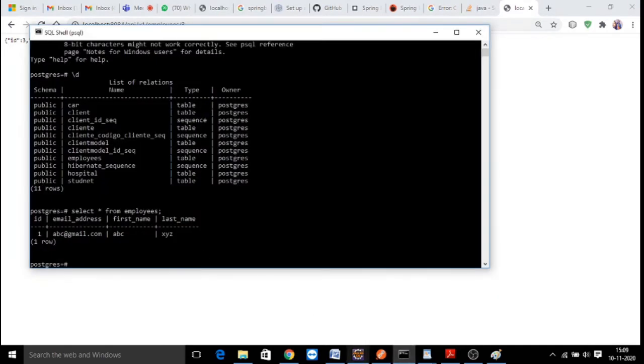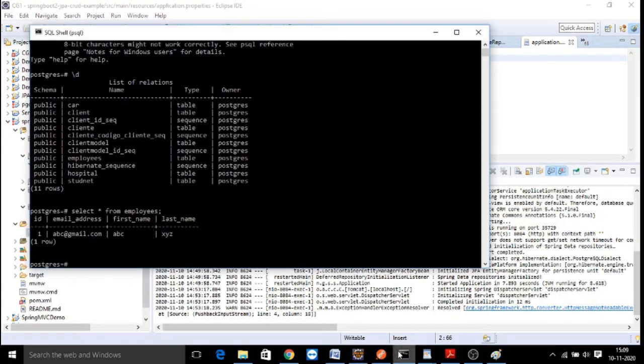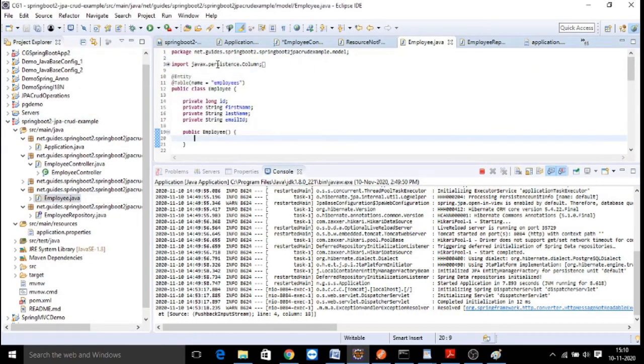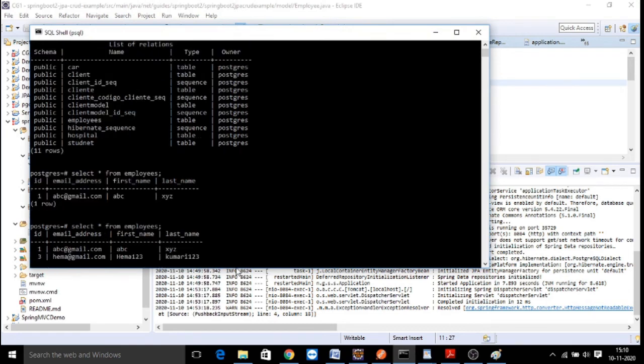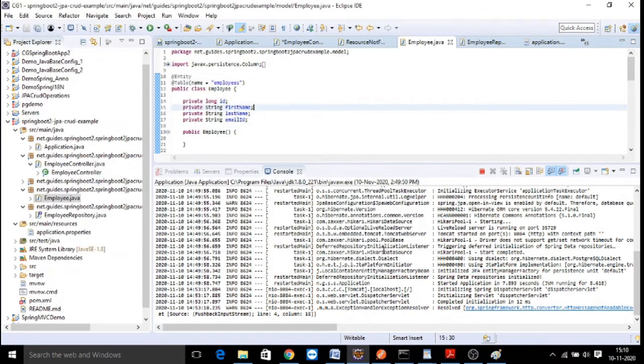Is the same data persisted in the database? Let us go here. As we have configured the database name as Postgres, we would be connecting to the Postgres database. Here we are going to check our table. We can observe in the entity class, that is the Employee class, the table name is employees. So let us check with select star from employees. So here are the 2 records available. So we are able to retrieve only the 2 records from your get request.